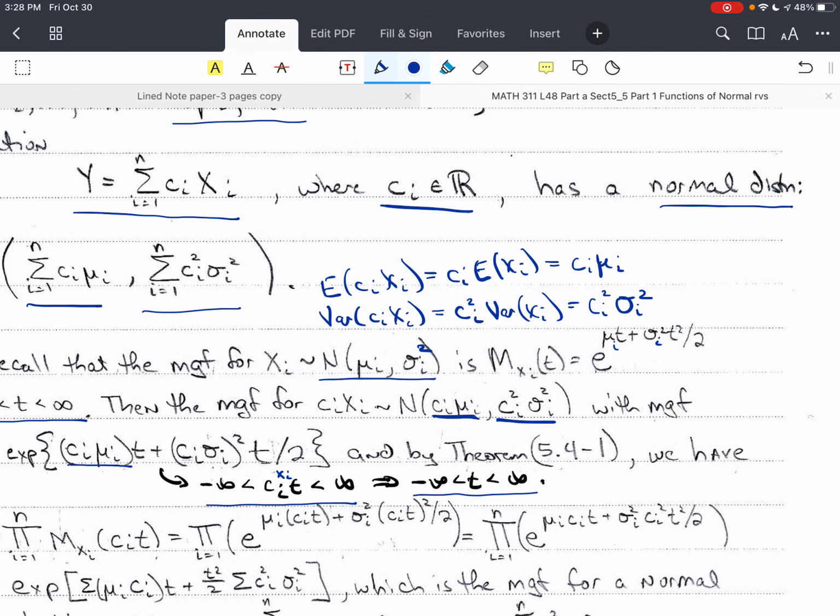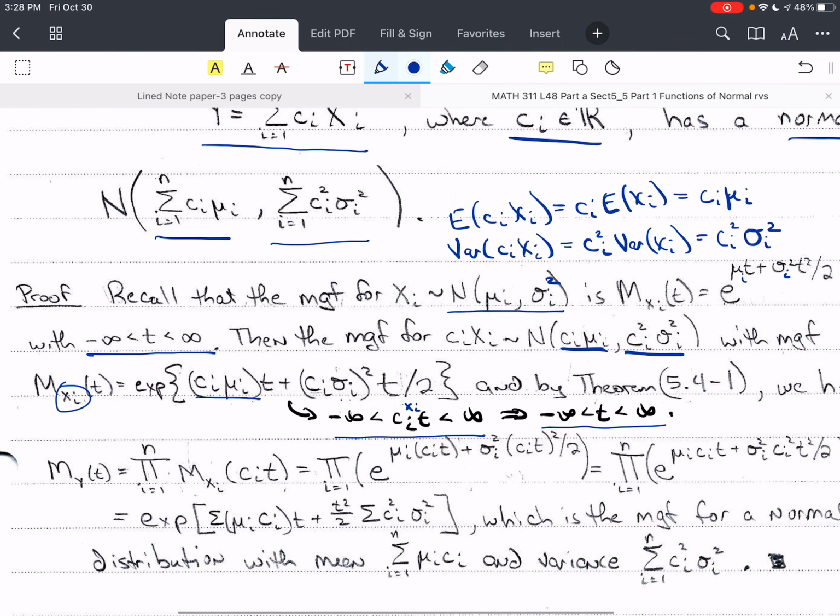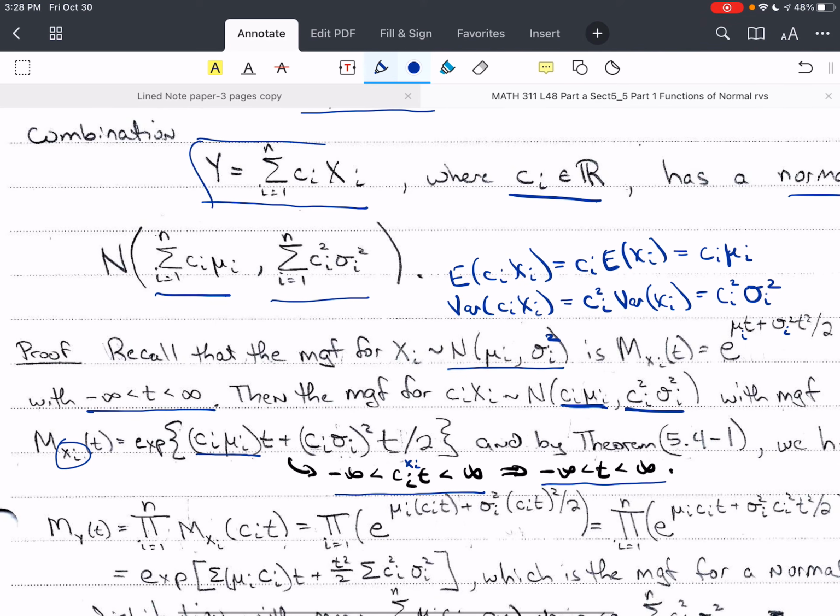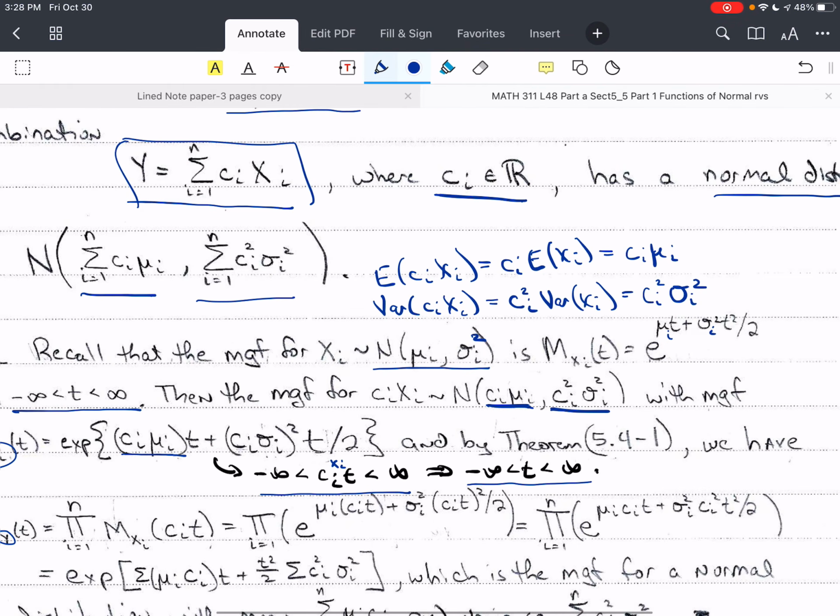And then we're going to use Theorem 5.4-1 to write the moment generating function of y, which is, remember, this linear combination ci times xi. And so the moment generating function of y, m sub y of t, is the product of m sub xi of ci t, and we're taking the product from i equals 1 to n. And so we're going to substitute in the moment generating function, the expression here, and we get e to the mu i ci times t plus sigma i squared